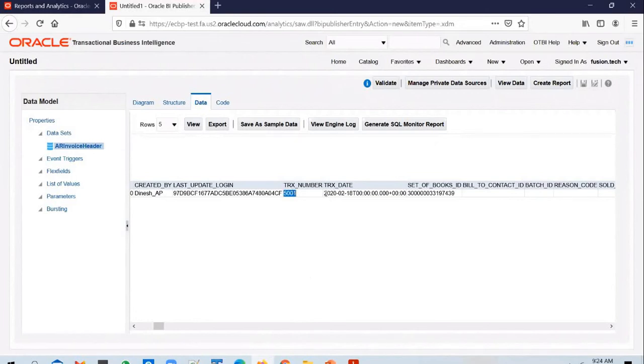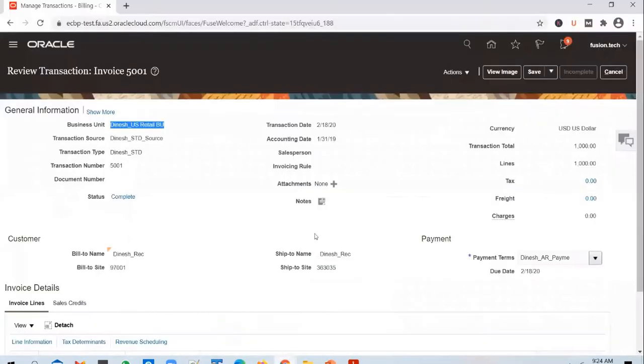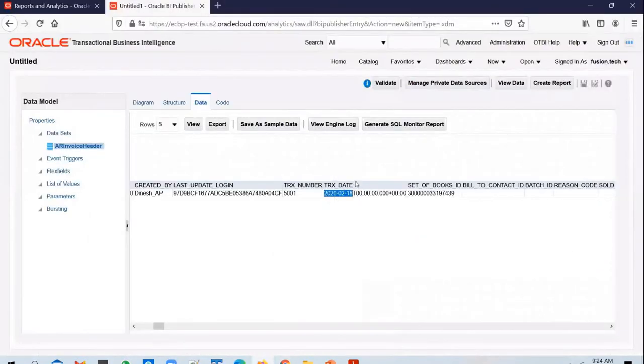So you see a transaction number and the transaction date as well. What is the date that is showing up? 18th February, right? If you go back into the application, you see the transaction date in there. What is the date that you're seeing there? 18th February, right? So that means you are looking at the right transaction. That means your query is correct. Your query is giving you the right result.